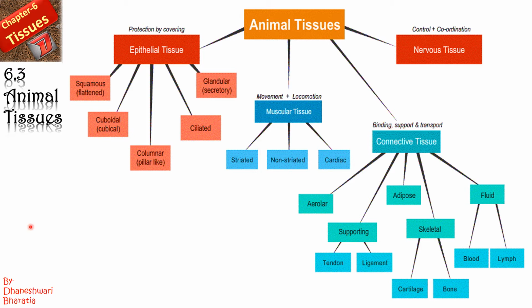As you all know, we have already started with the sixth chapter, tissues, where we have almost completed 75% of the chapter. Now, only the last two types of tissues are left, and they are connective tissue and nervous tissue. If you have not gone through the previous two, that is epithelial and muscular tissue, you can have a look at the description box where I have given you the link of those tissues. Fine. So let us begin with connective tissue.